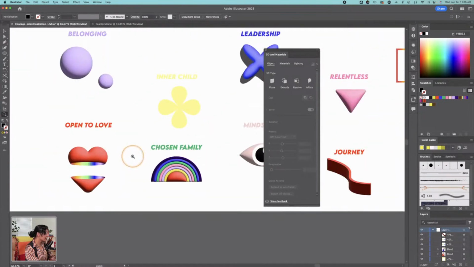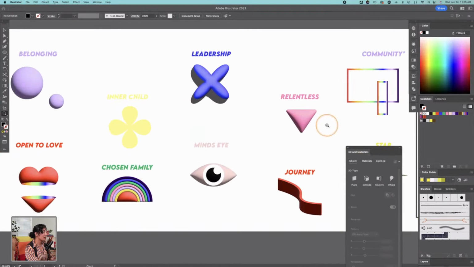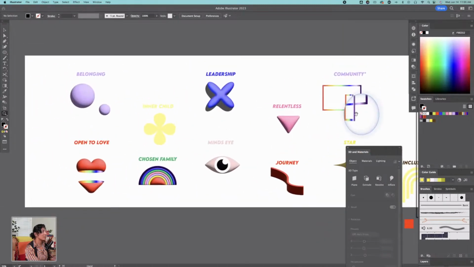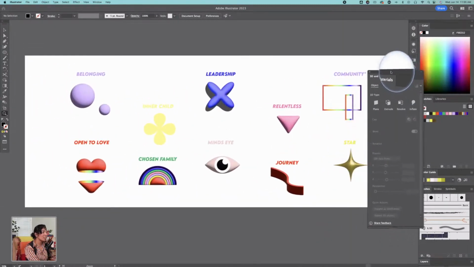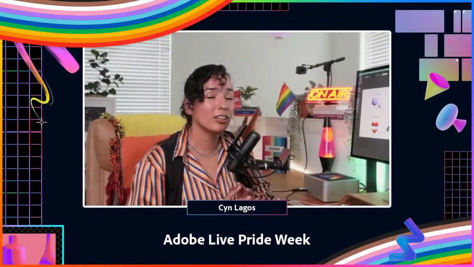So, all right, we created a lot of different assets today. We not only designed them, but we also created them into this 3D expression. I hope y'all had fun and learned a lot of different tools today. I find this to be a really special way to approach design, and I'm excited to explore this in Adobe